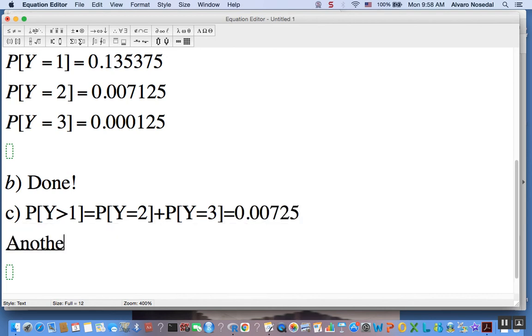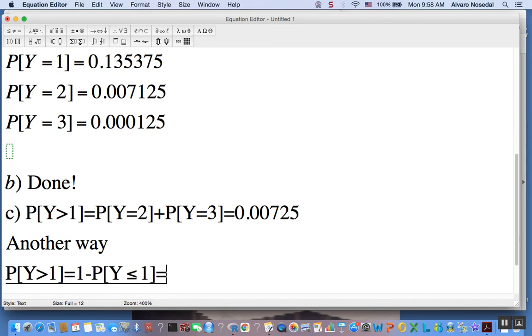Another way would be, if you want the probability that y is greater than 1, that is the same as 1 minus the probability that y is less than or equal to 1, okay? The complement. But now what I want you to remember is that this guy here, the probability that y is less than or equal to 1, is the same as the CDF of the random variable y